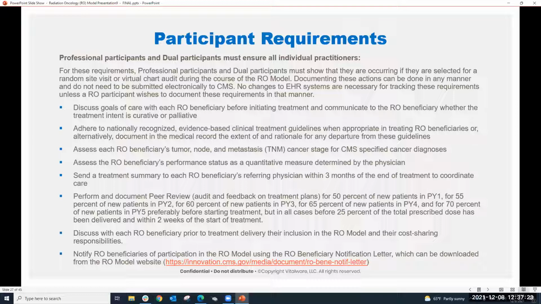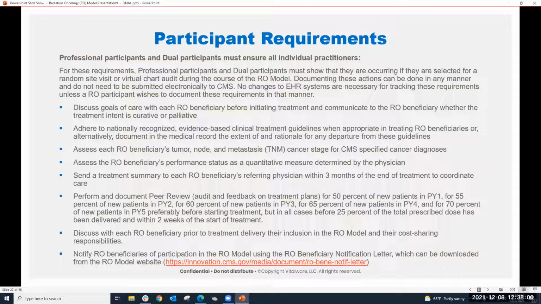CMS doesn't really go into detail about what's required here. They really leave it up to the facility. It's mainly just that you're getting feedback on the treatment plan. And they do have some things that you may want to include in the peer review, but it's not absolutely required. So they say that you may want to review the decision to treat with radiation therapy, the goal of treatment and the treatment approach, review of target values, review of prescription dose and dose constraints, review of overall plan